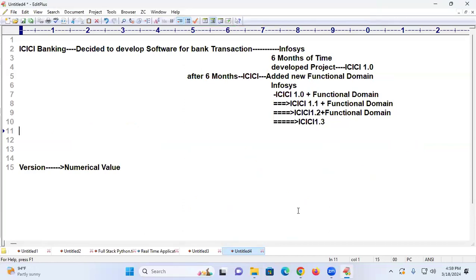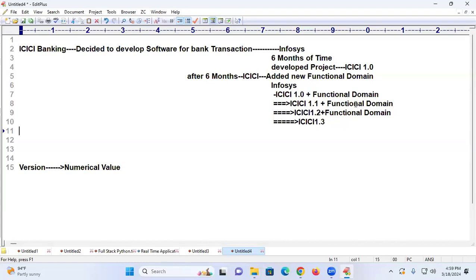If you speak like a normal person, there is no difference between our class and other classes. Similarly, I hope you are getting the version meaning, correct? Come to Windows. Windows operating system: Windows 8, Windows 9, Windows 10, Windows 11. What are these 8, 9, 10, 11? Yes, these are called versions.